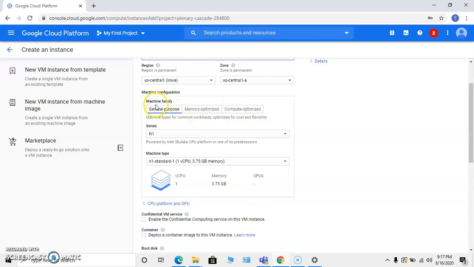Here we can choose a machine family. Google has defined three machine families based on the use of the machines. That is the general purpose machines, which can be used for general purpose operations. It has a small number of virtual CPUs and a standard amount of RAM allocated to those machines.